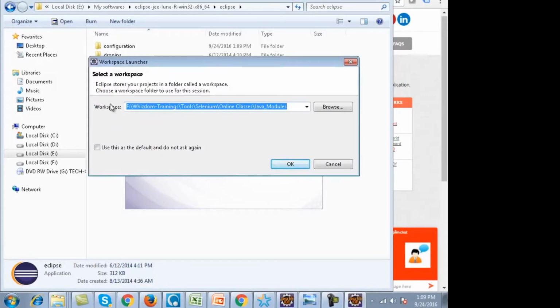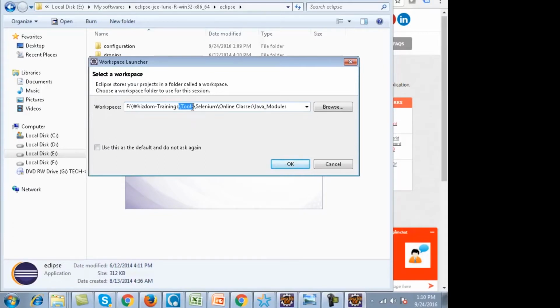When you double click on this, you'll see Eclipse starting up, and this is a workspace launcher window which comes up. Right now I am not telling you how to write Selenium code, how to work on a project, how to build scripts, or generate reports. All those things I am not jumping to right now. What I am teaching you right now is Java, the concepts of Java, so that your roots are very strong. When you have to write the Selenium code, it becomes really easy and fast for you.